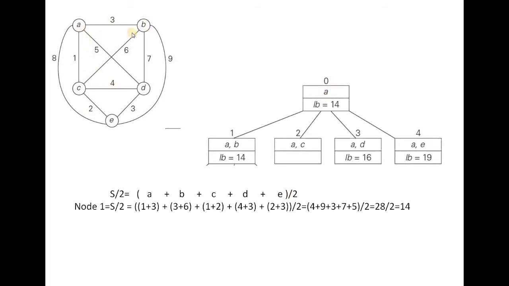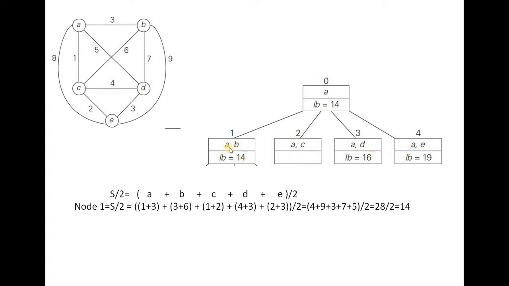From A, there are 4 nodes connected. There are 4 possibilities to traverse: A to B, A to C, A to D and A to E. All those 4 possibilities are written here. For A to C, no lower bound value is calculated for this pair, because the problem definition says C is to be reached from A after B. Here B is not reached, so directly you cannot reach C from A. That's why the lower bound value is not calculated for this node. But we need to calculate the lower bound value for the remaining 3 nodes.